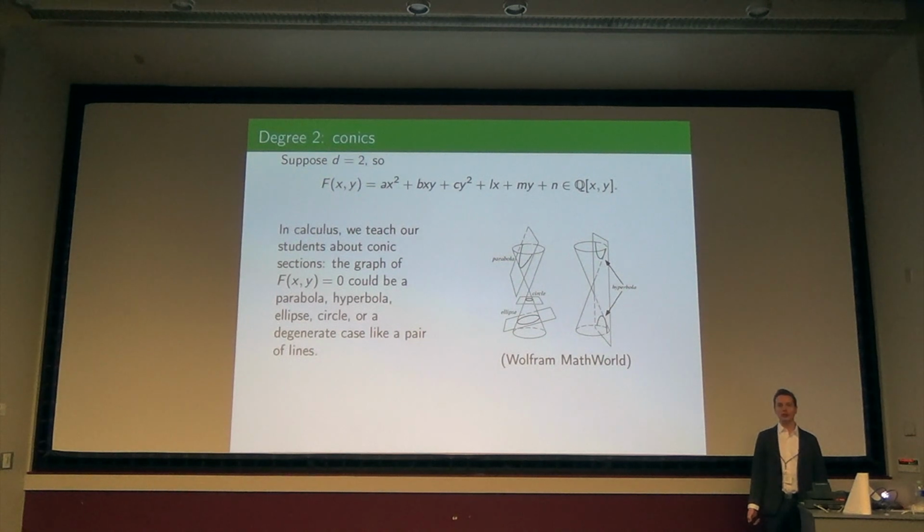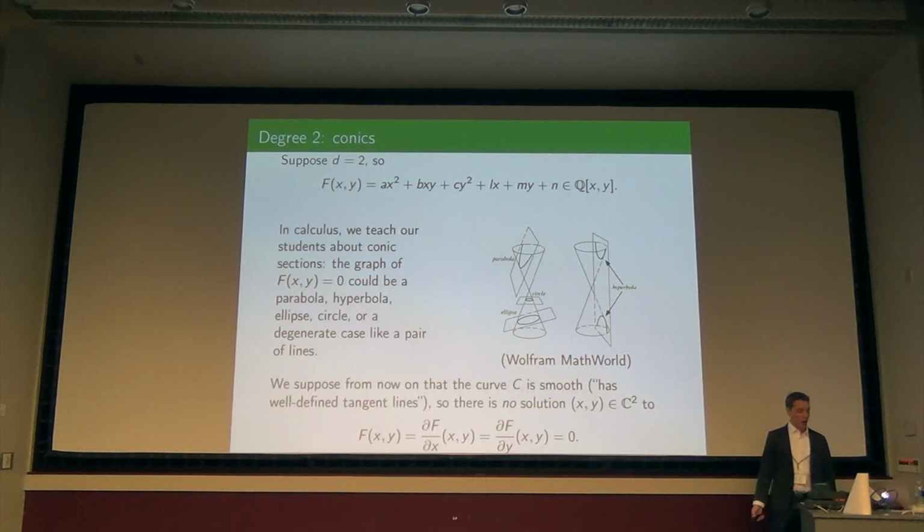And some of you are teaching calculus now, or I imagine some of you will, or have recently. How much time do we spend talking about quadratic equations? Quite a lot, right? We describe it to our students as coming from conic sections, and depending on the signs and what monomials actually appear, you might get a hyperbola, or a parabola, or a circle, or an ellipse, or sometimes a case that's degenerate, like a pair of lines. Okay, but that's how you should be visualizing the curve. So you could probably teach that as well as I could explain it.